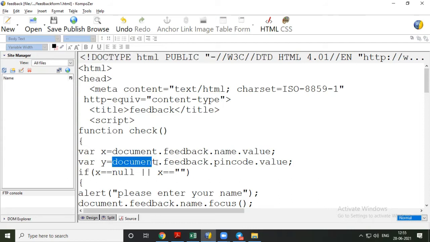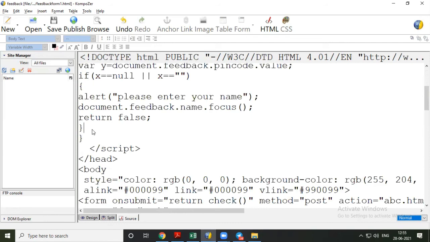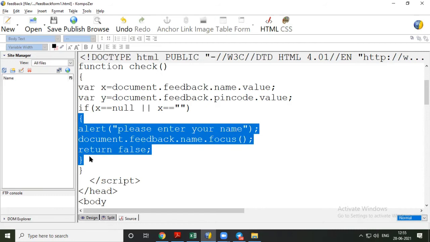So now we have created one variable y, which is taking its value from the pin code field in this feedback form in this document.